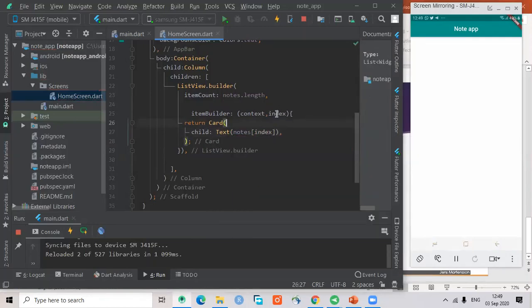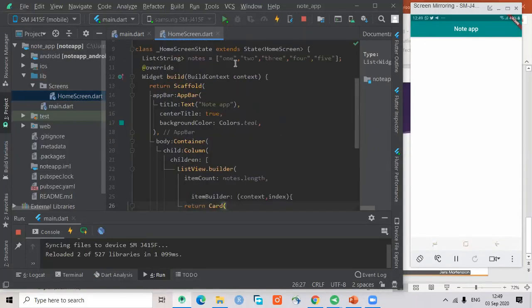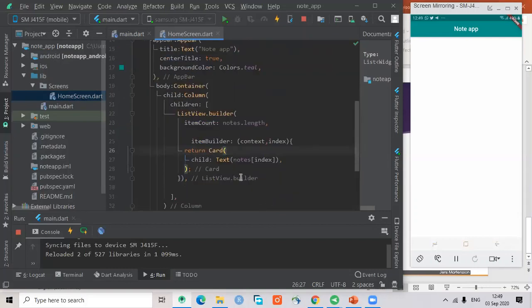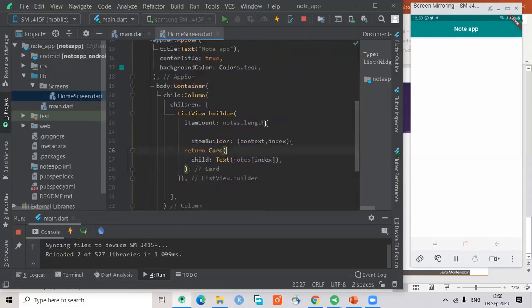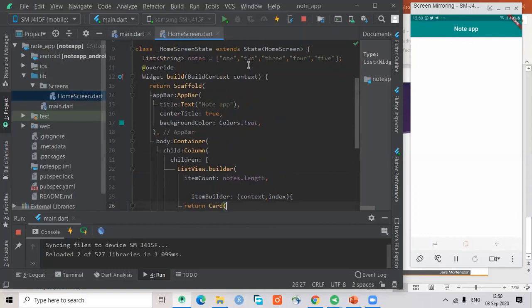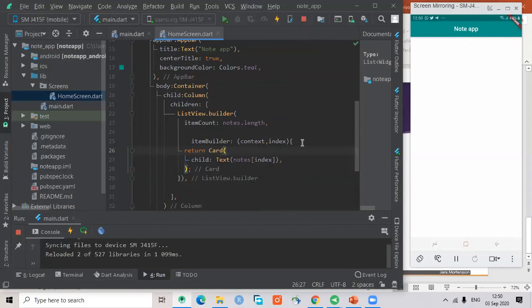Now what happens with the item builder, with the list view builder, is that it starts at the 0th index, which means the first element here. Each time it builds, it returns a card with notes at 0. So the first text widget that will be formed will be at notes index 0, which will just be the 1. After it returns that, it'll go again and increase the value of the index to 1. So now the second element of this list will be picked, then the third, fourth, and fifth. Now if I run this,